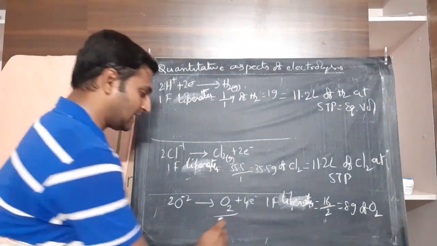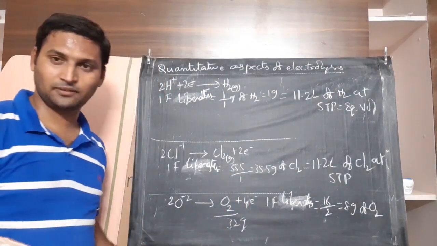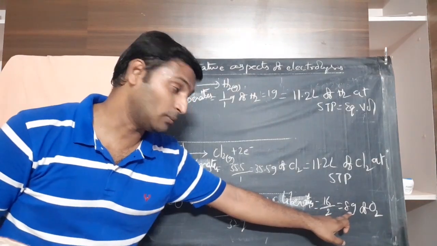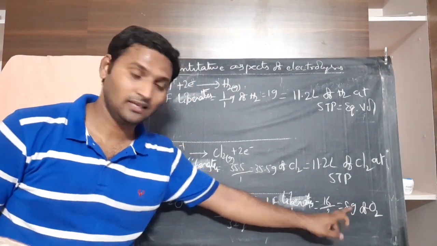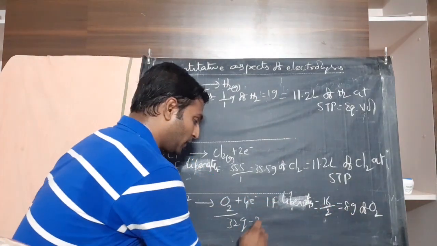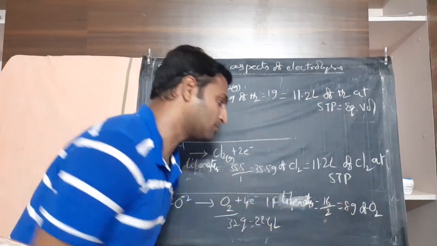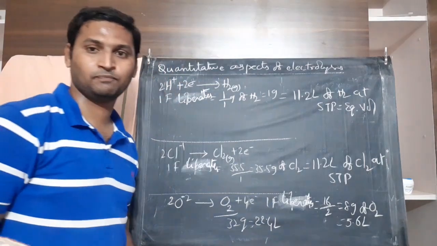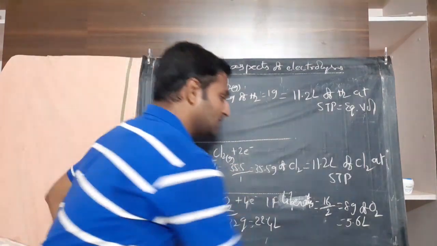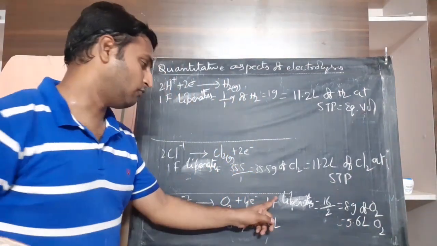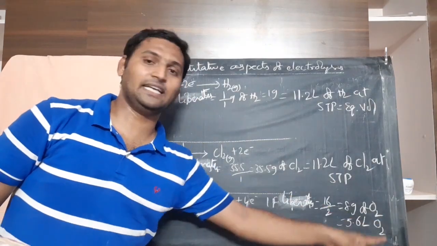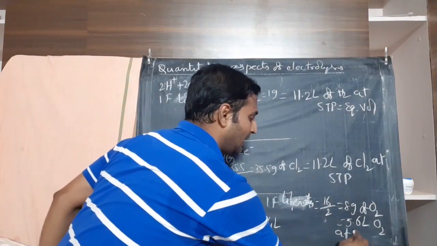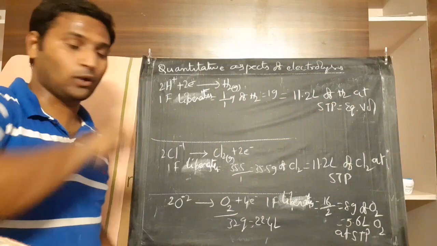Molecular mass of oxygen gas is 32 grams, you know that. Whereas equivalent mass, how much we got? 8 grams. 32 grams occupies 22.4 liters. So 8 grams would occupy 5.6 liters. Therefore, you can say 1 Faraday liberates 5.6 liters of oxygen at STP because equivalent volume of oxygen